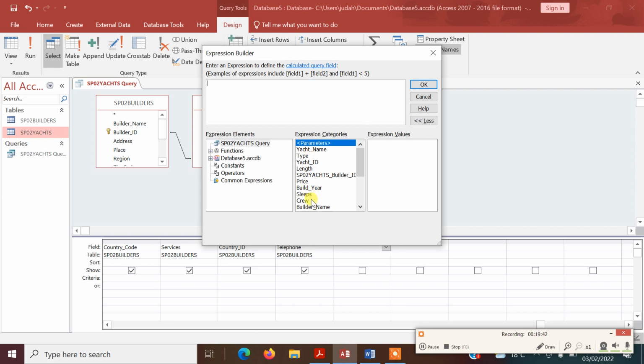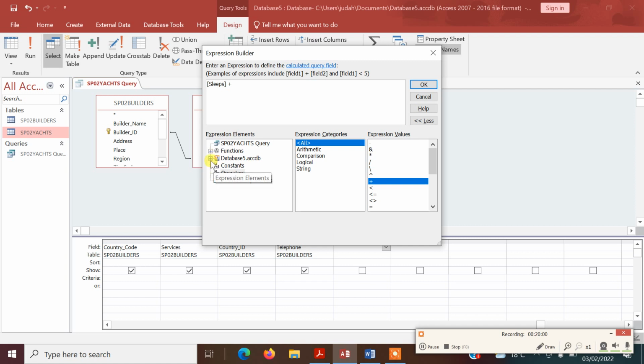Okay, so we're going to add sleeps to crew. So here is sleeps, the sleeps field, and we want to add that. So I'm going to go to operators and find add. And as you can see up here, this is where your expression is being built. So sleeps plus